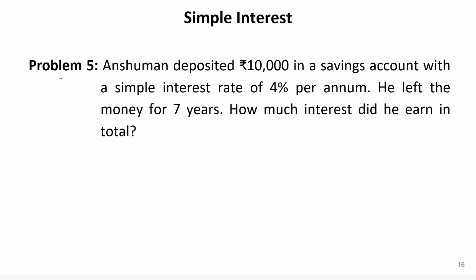So let's see problem number 5. Ansuman deposited 10,000 in a savings account with a simple interest rate of 4% per annum, and he left the money for 7 years. So how much interest will he earn in total after 7 years? So SI is equal to the simple formula PRT by 100. So P is equal to 10,000, R is equal to 4%, into T is equal to